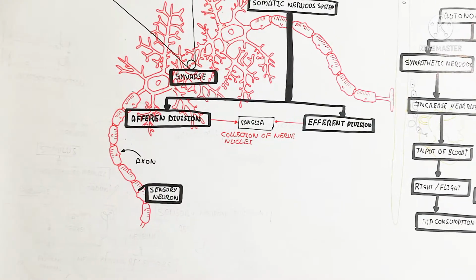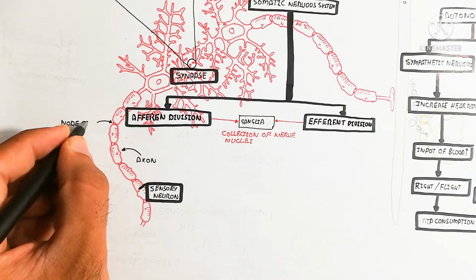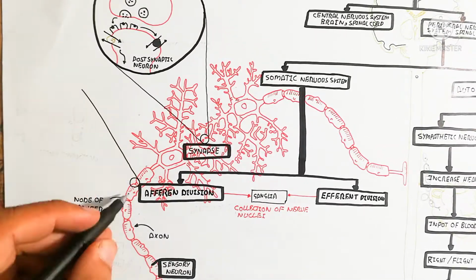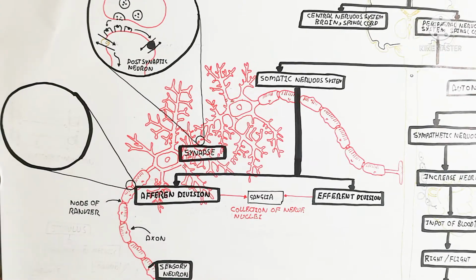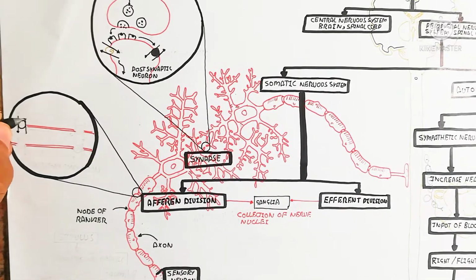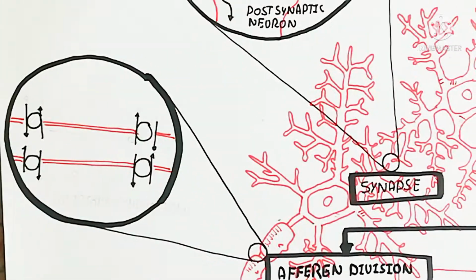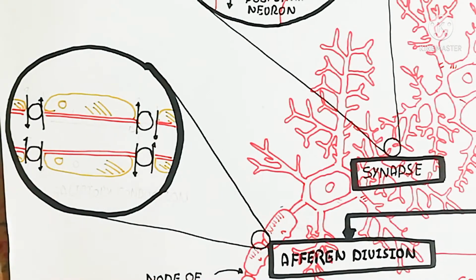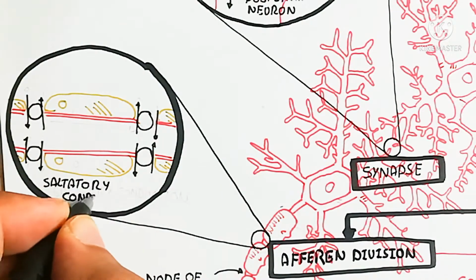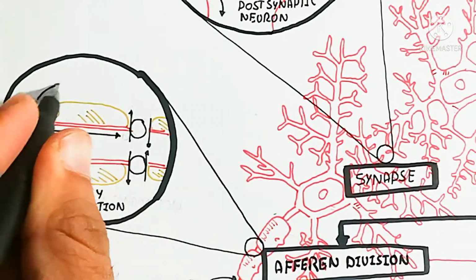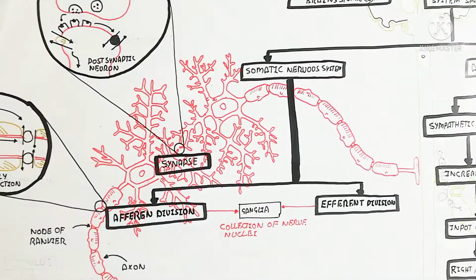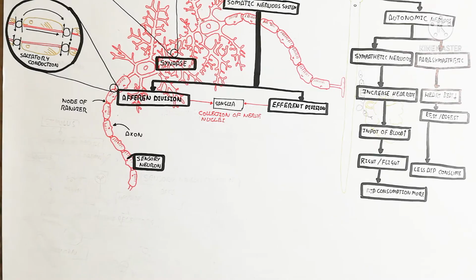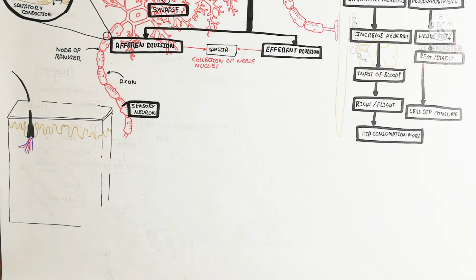In this way ganglia are present, which are collections of nerve nuclei. These nerve nuclei are basically collections of somas, which create the ganglia, and these ganglia can be the dorsal and ventral root ganglia in the peripheral nervous system. Here we will discuss the action potential. Saltatory conduction is important to understand, which is basically electrical conduction from node to node due to the nodes of Ranvier